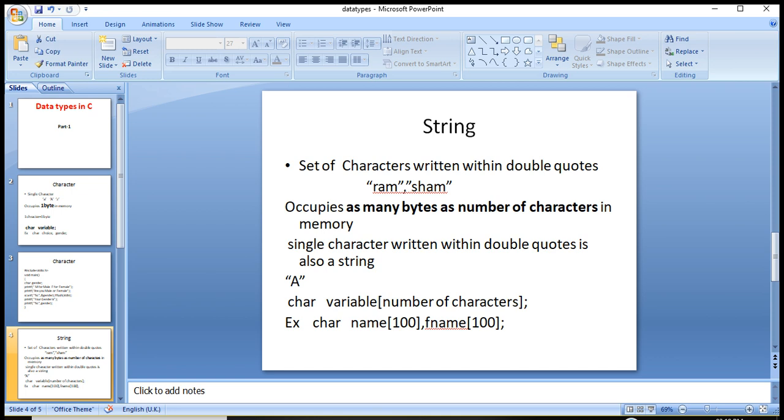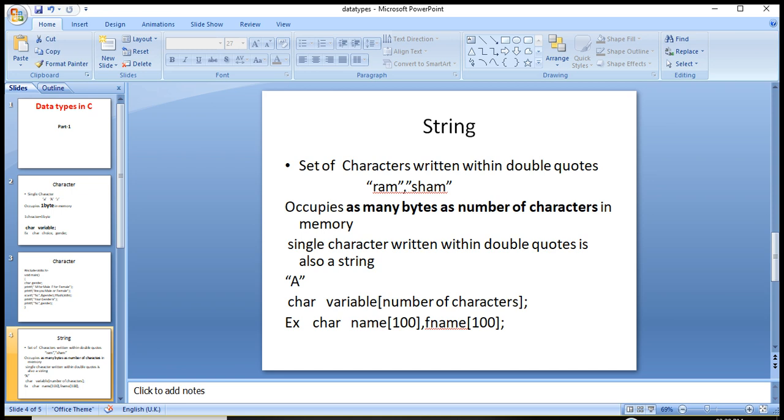This special character is called null. \0 represents null. It is always hidden, and a string always ends with it.